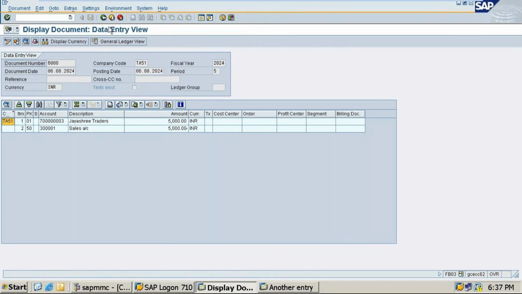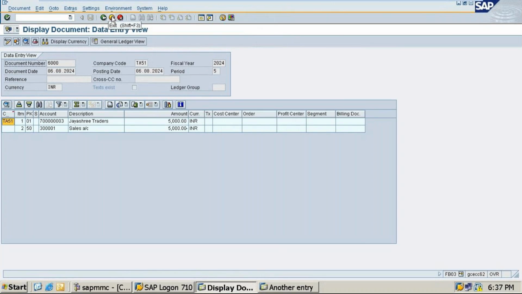For me, the display document says the control area for my company code is defined without currency, but my currency is given. I have not given any currency, it is taken automatically. It was already given, but it says the control area is defined without currency. Why is it happening?